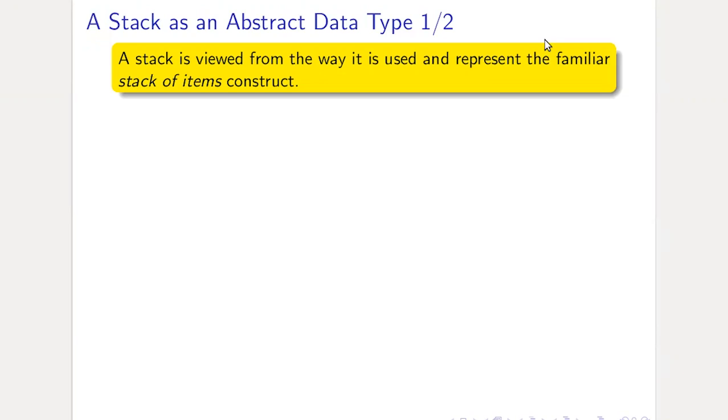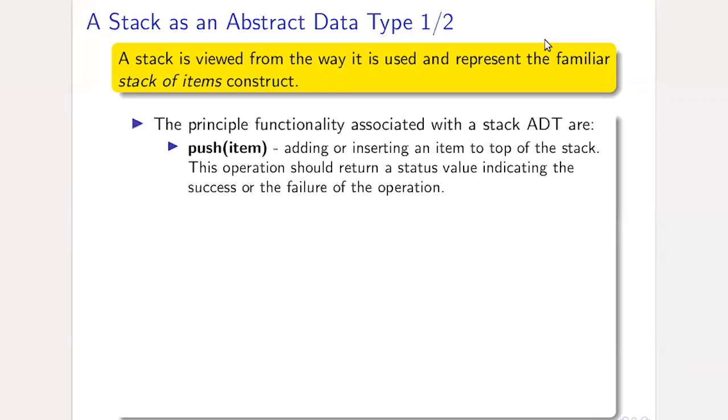So it is from that point of view we consider the stack data type. Essentially, when we are talking about a stack, we will consider the functions we can perform with it. The particular implementation of a stack is not what we are concerned with when we discuss it as an abstract